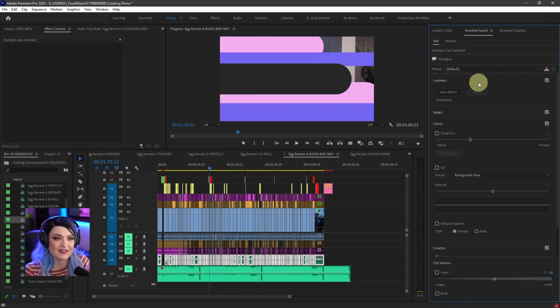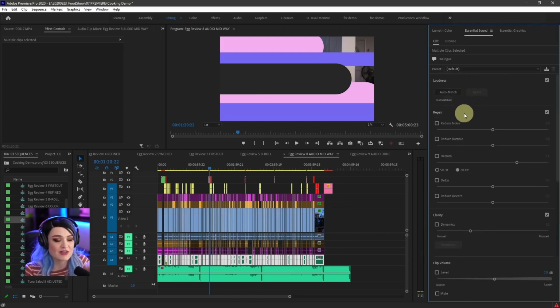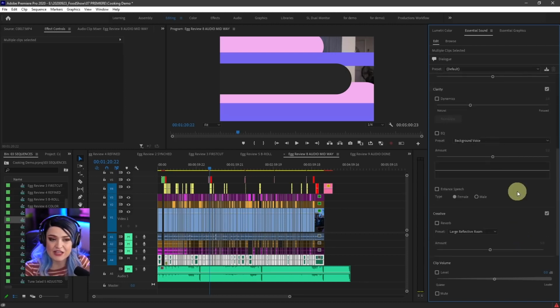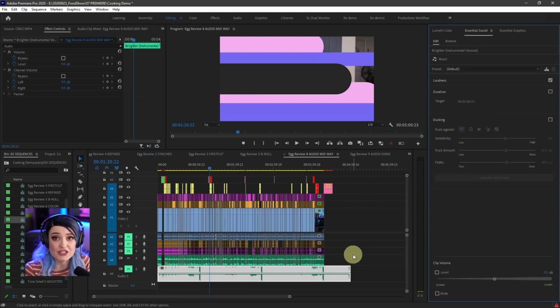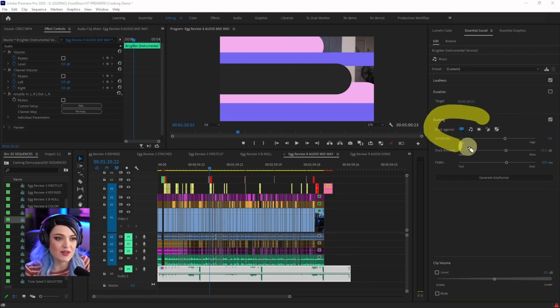And here you can auto match the loudness, you can repair it. So if there's any noise or hissing or anything like that, you can add EQ, enhance the speech, change the clip volume. But first, let's also make sure that our music is selected as music. So I'm going to select the music, tag it as music, and now I can duck it against the dialogue, meaning when the dialogue gets louder, the music gets quieter, and vice versa. So I'll select ducking, duck against what? Duck against the dialogue. Here you can set your settings like sensitivity, duck amount, and fades, and then when you're